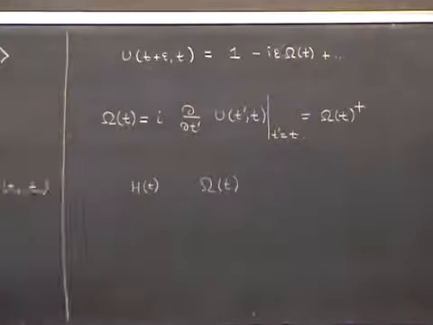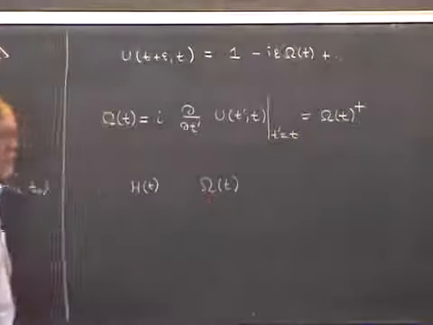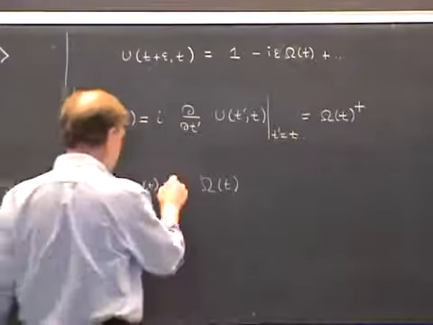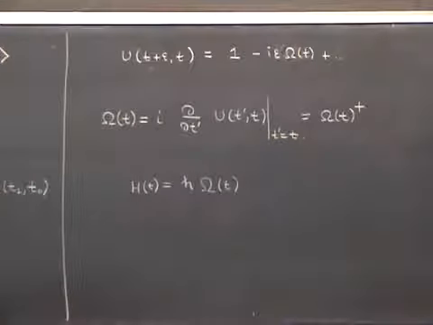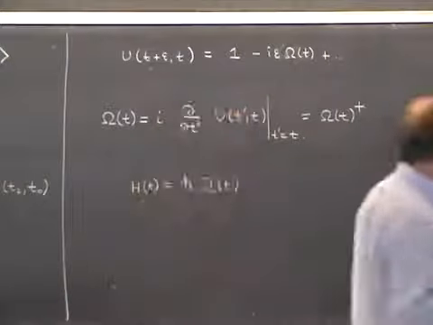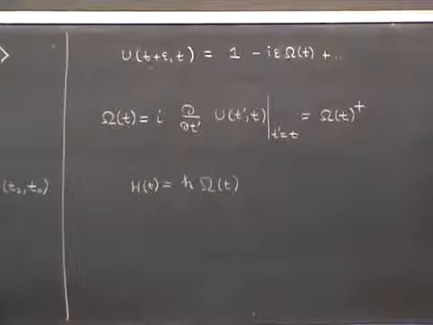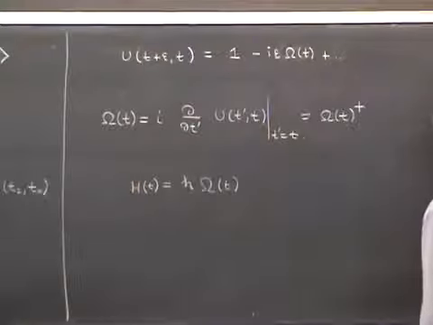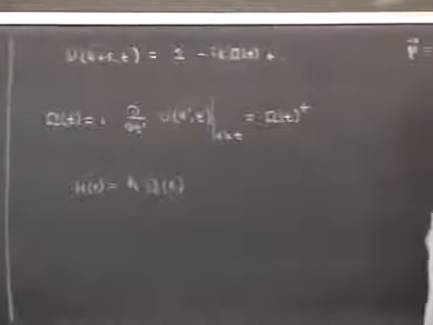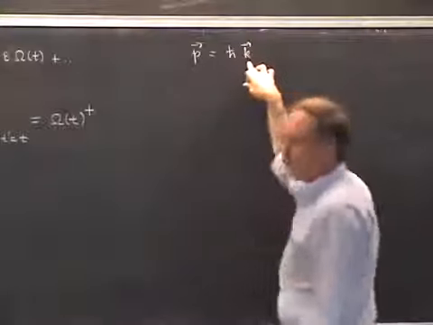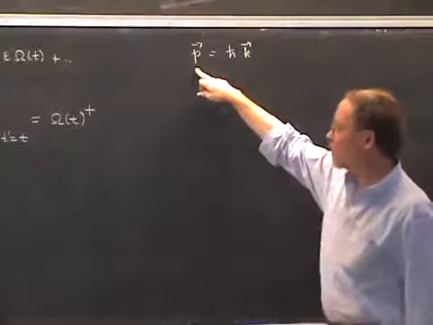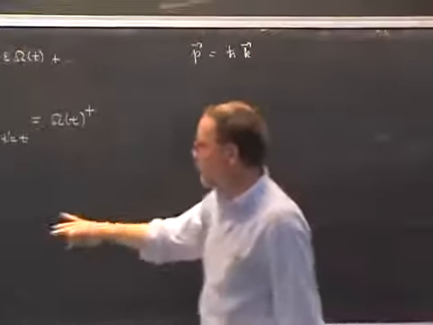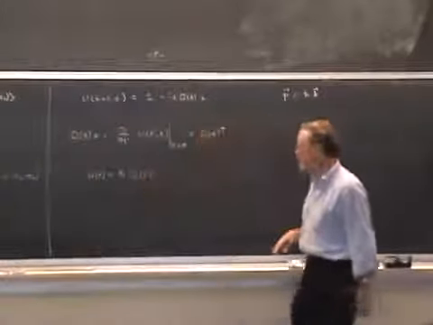Now, however, it can't simply be H equals omega because the dimensions aren't right. H has dimensions of energy and omega has dimensions of inverse time. We fix this up by assuming that there's a proportionality factor in here which has to have dimensions of action, and we call this proportionality factor H bar. Now, I went through a very similar means of introducing H bar in the last lecture, in which we identified the quantum momentum P as being H bar K, where K was the generator of translations. So the idea here is that the quantum operator momentum is emerging as a generator of spatial translations, and the quantum Hamiltonian is emerging as a generator of time translations.